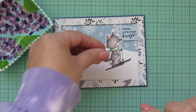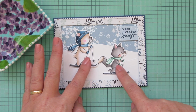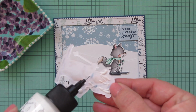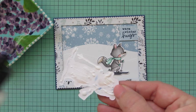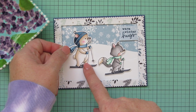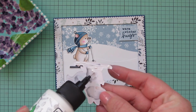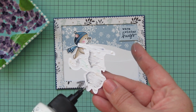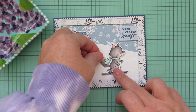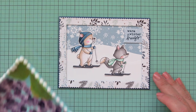And then I've got my two images. I just want to make sure I have them placed on the card right so that the fox's ear isn't touching that banner. So I just used him there as a placeholder while I adhere my polar bear, and I'm using my Barely Art Precision Craft Glue, which I really love because it has that super fine nozzle, so you can get in all those little thin pieces like those skis. And then I'll add my little fox down lower as if they are skiing across this pure field of snowy